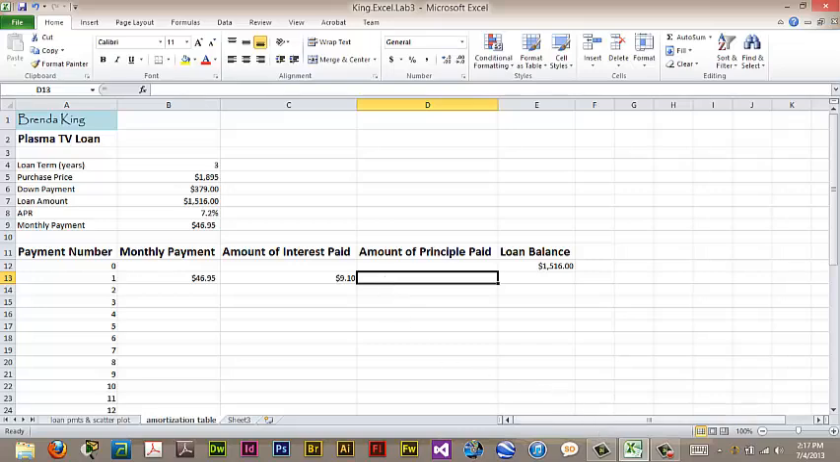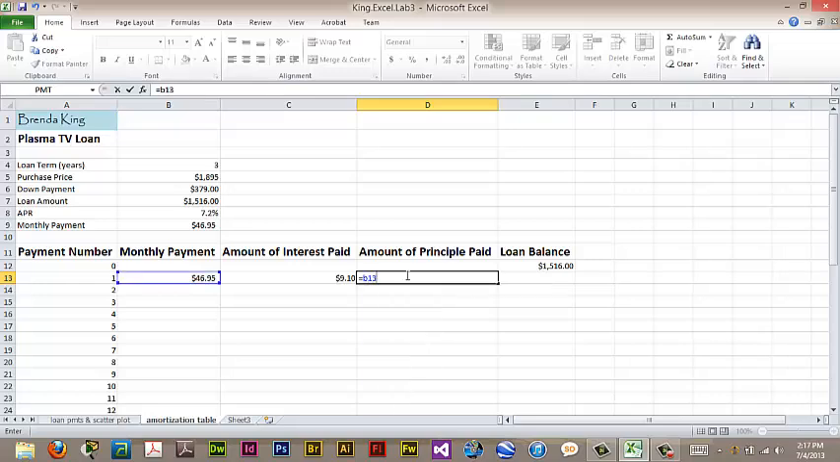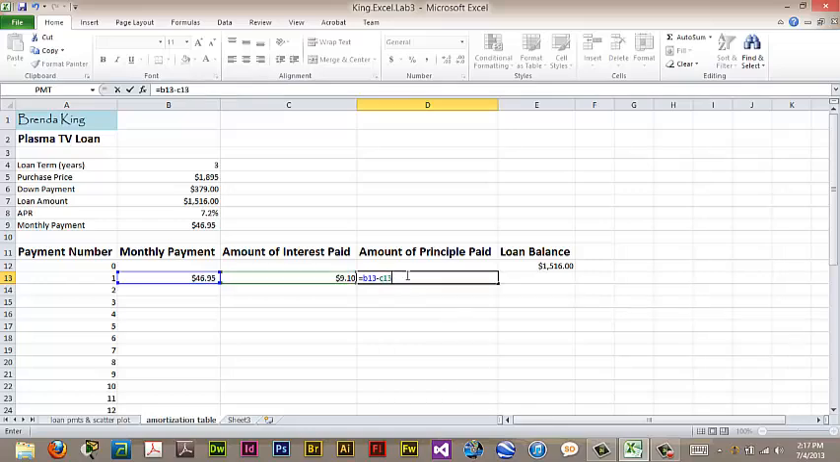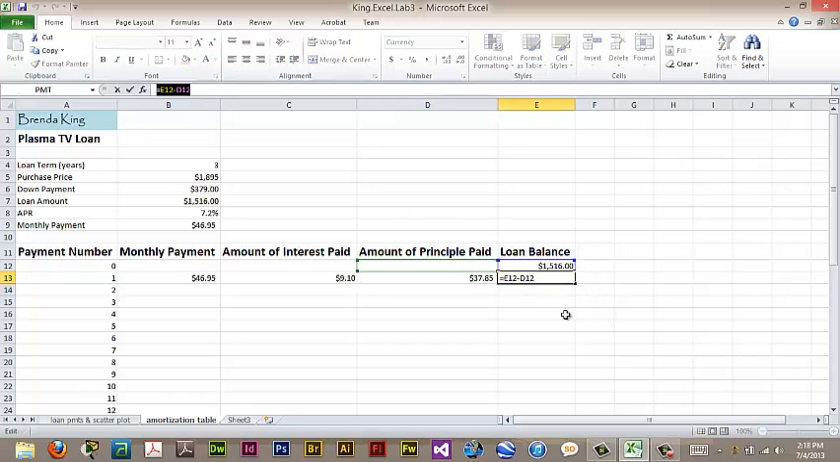Now we can pretty simply compute the amount of principal paid by subtracting the monthly payment in B13, and we subtract from that the interest in cell C13. And the amount of principal paid on that particular monthly payment, the first monthly payment, will be $37.85. Now to compute the loan balance, we take E12 and subtract from that the amount of principal paid in